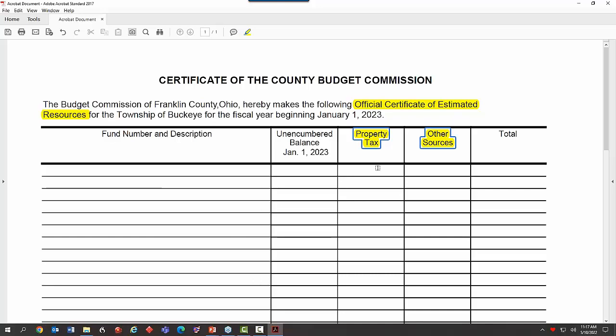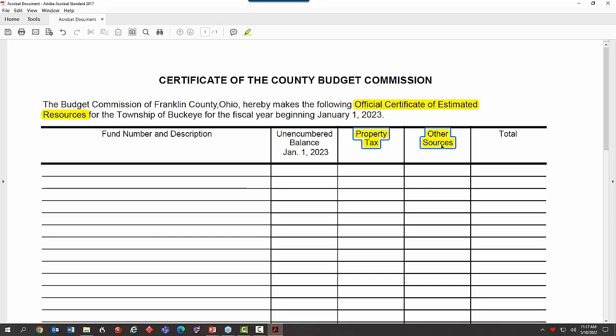So when you get this document back from the county in August, end of August, September, October, you need to go back to the document you filed, whether it's a budget or an alternative document, and look at what you estimated as revenue and see if the county certified your revenue or whether they tweaked your number. So if you added together the property tax and other sources, it should be equal to what you estimated. If it's not, you need to change your numbers to match theirs, because they have the authority to issue this official certificate.